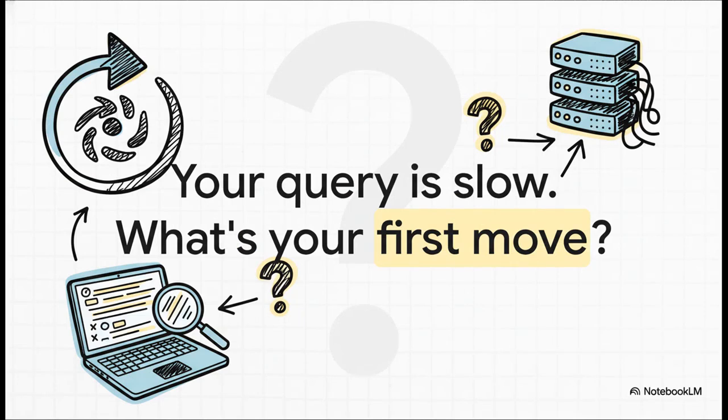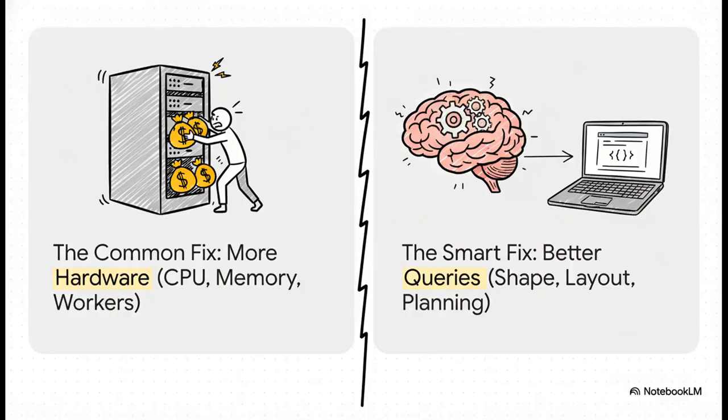So let's just start with this. That little loading spinner is just mocking you, taunting you. What's your gut reaction? What's your first move? Are you immediately thinking about server settings, or are you looking at your own code? And really, you've got 2 paths you can go down. There's the common fix, which is basically throwing money and resources at the problem, more hardware. But then there's the smart fix, writing better queries. It's all about using your brain to find the actual bottleneck in the code itself, not just buying a bigger